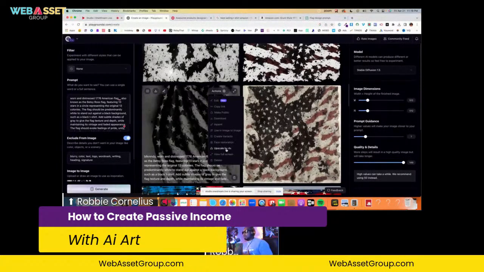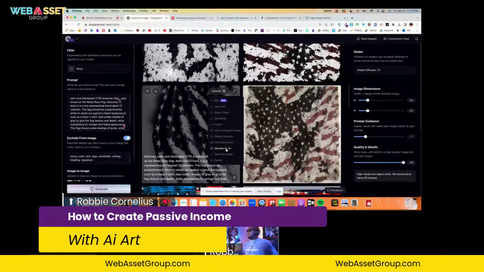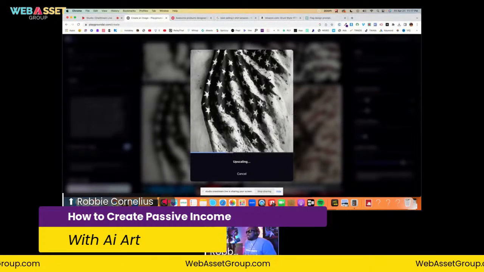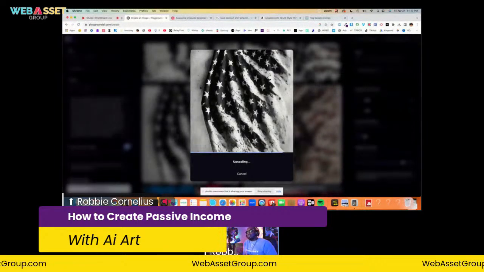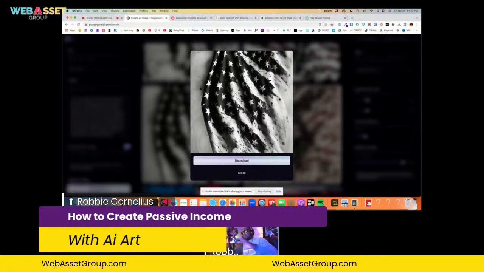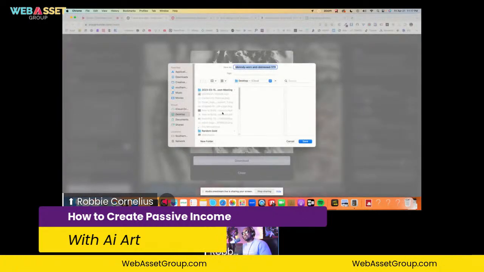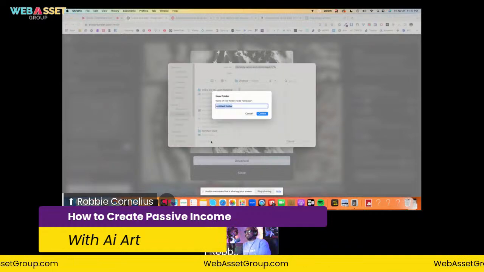And when it says upscale, it means that it's gonna take that image and make the quality 4 times better by simply clicking that button like that, and it's gonna upscale right there. Watch this. This is how easy it is to create money. I really love the way that looks. That looks absolutely amazing. Now look how the quality of that image changed. I'm just gonna hit download. This ain't rocket science. We just hit download.